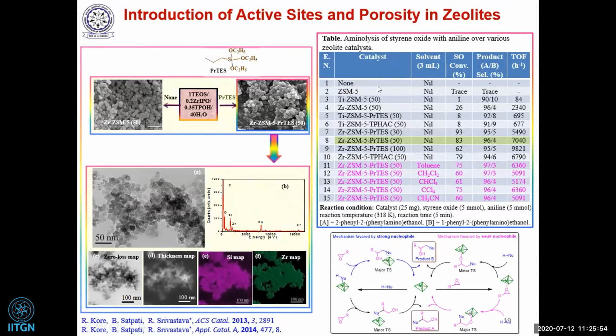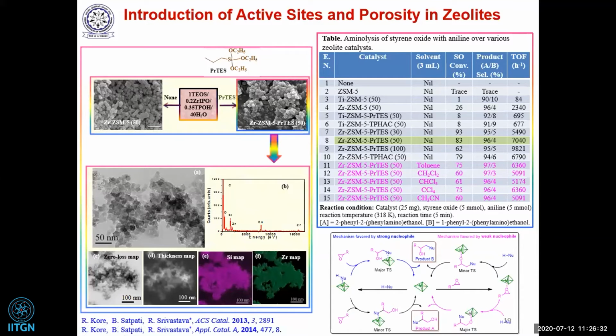But if you look at the aminolysis reaction, which means the ring opening reaction, you can get selectively beta amino alcohol or alpha amino alcohol depending upon the amines and epoxides. If you see that titanium silicate has a very low turnover frequency, but zirconium has a very good turnover frequency. So just by changing titanium to zirconium, why is this happening? Because zirconium has very good interaction ability with the epoxide because of its polarizing ability, because of the electronegativity difference between oxygen